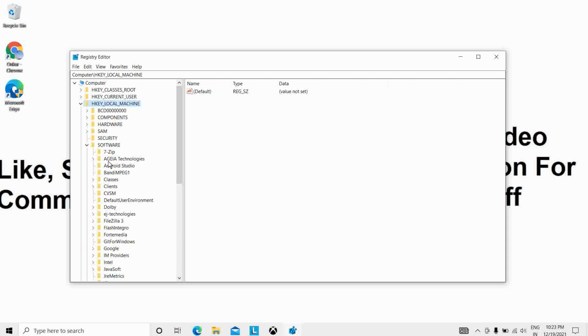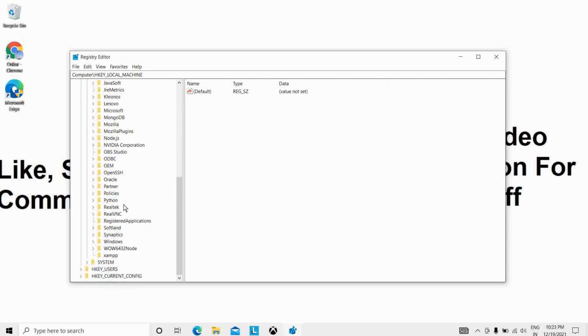Then we have to go to Policies. It's arranged in alphabetical order, so we are going to see the Policies folder here; expand it. Then select Microsoft, Microsoft policies.